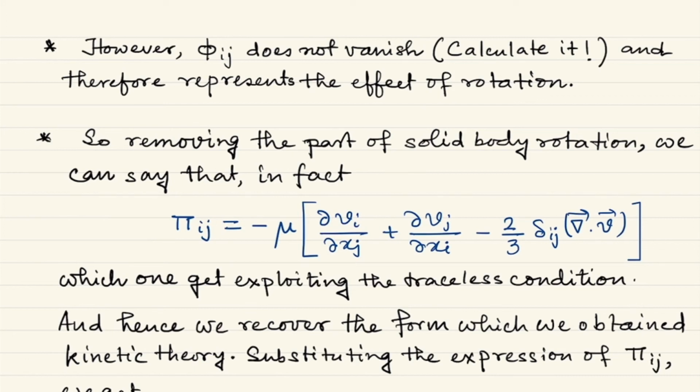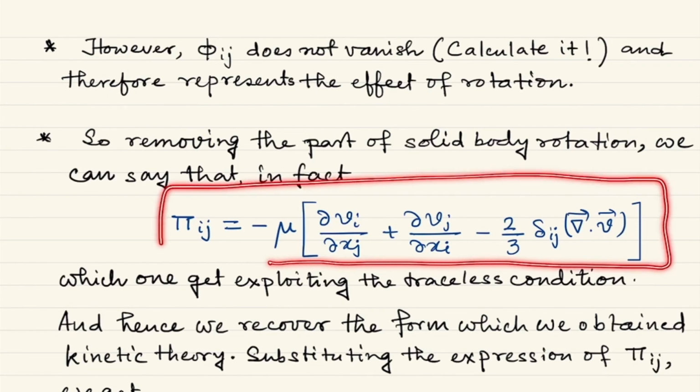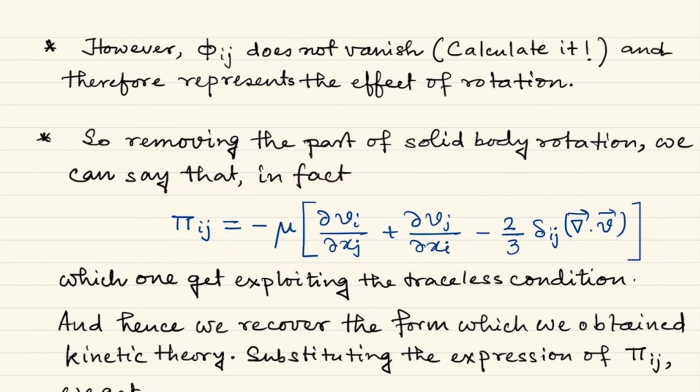Then you know how to do that. Pi ij is nothing but equal to some minus mu times del vi del xj plus del vj by del xi minus 2/3 Kronecker delta ij times divergence of v, where divergence of v is nothing but the trace of